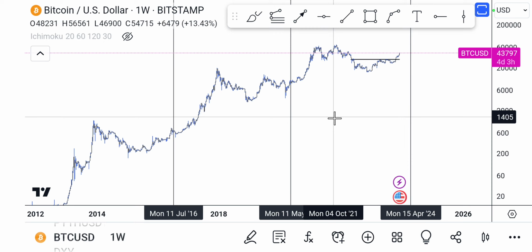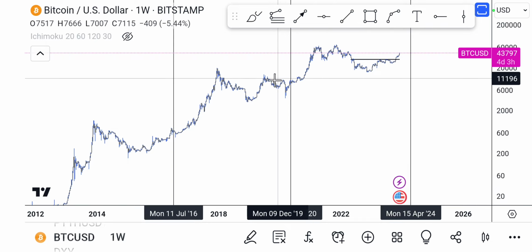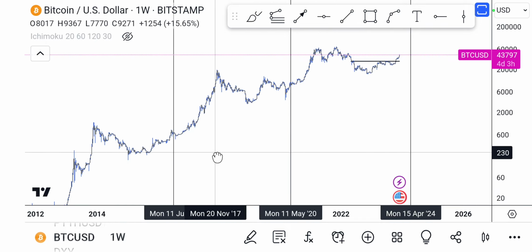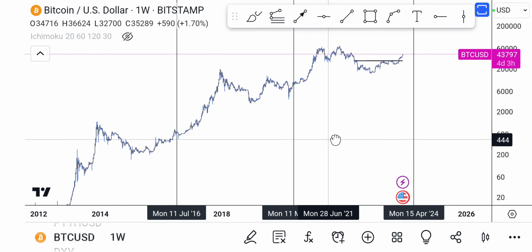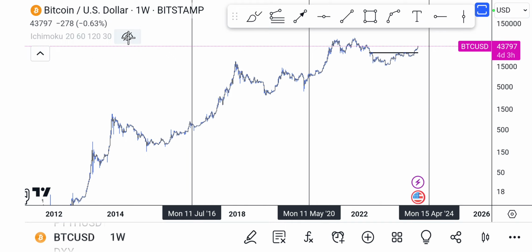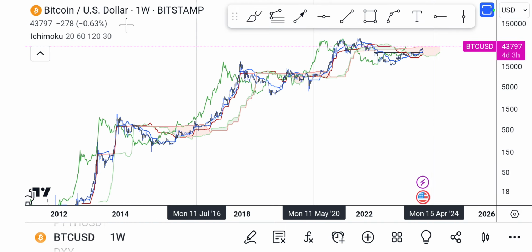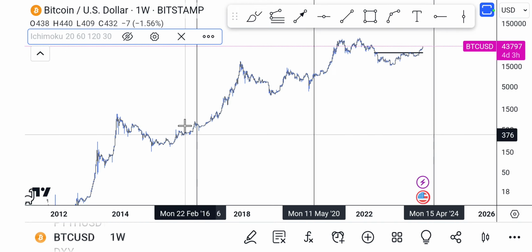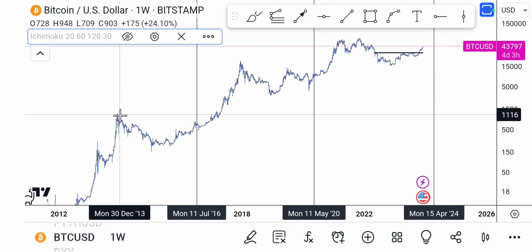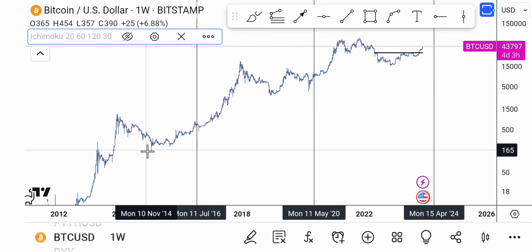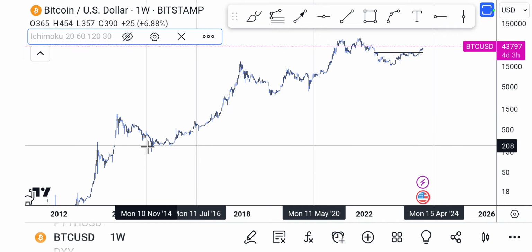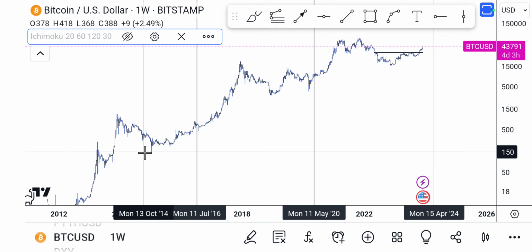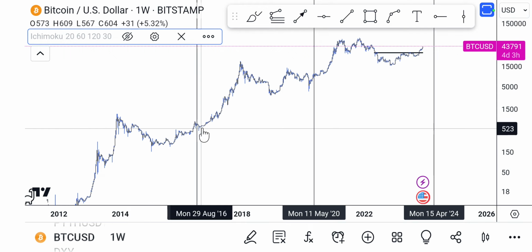I want to explain something that we should be very careful about based on the pullback and whatever we call it. Okay, not putting a direct figure to this, but something we should keep an eye on, and I would likely work with Ichimoku. So first thing first, I'm going to start from this, and we're going to take it from this high to this low, which is when price went to its peak and it dropped, went to bearish market, and it went as low as this before it started peaking and moved to